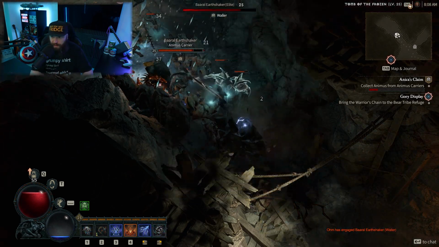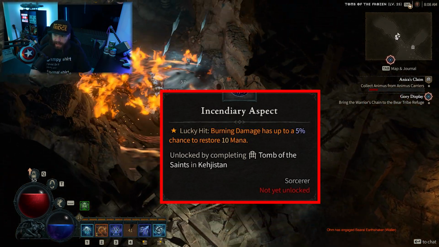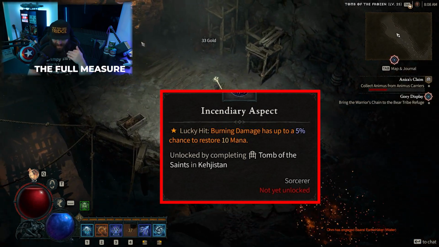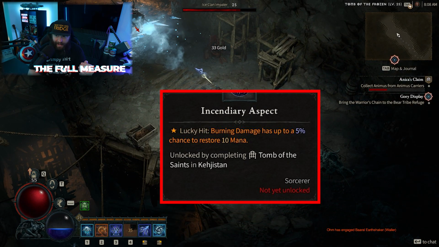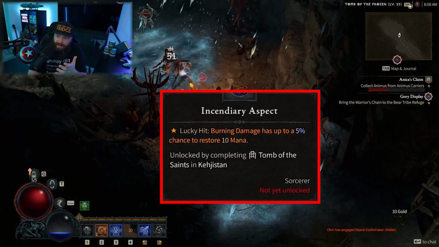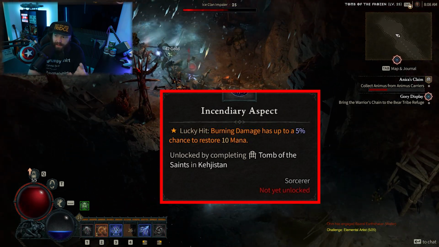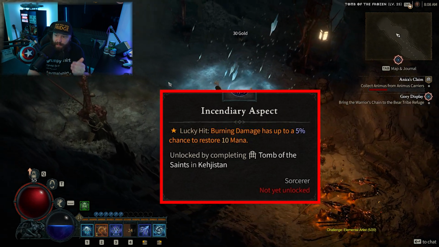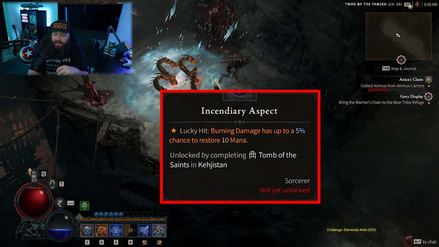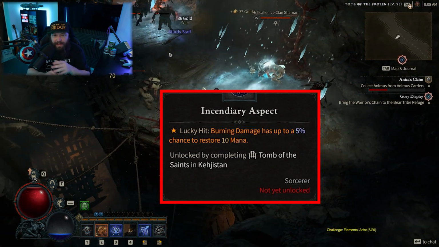Cindery Aspect is next, and this actually works off of the lucky hit concept, which essentially means that every skill that you use in the game has a chance to perform a lucky hit. This lucky hit can often proc various effects, and in this particular case, if you score a lucky hit with whichever skill you're using, and here it specifies burning damage, it has up to a percentage chance to restore 10 mana. So this means that you would most likely use this with fire-based skills,